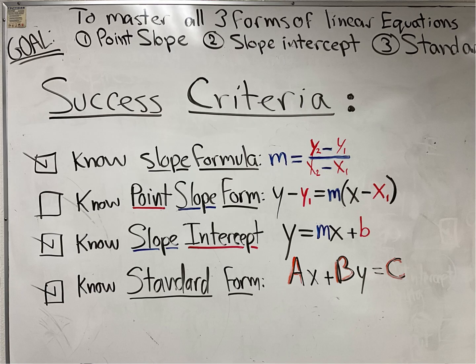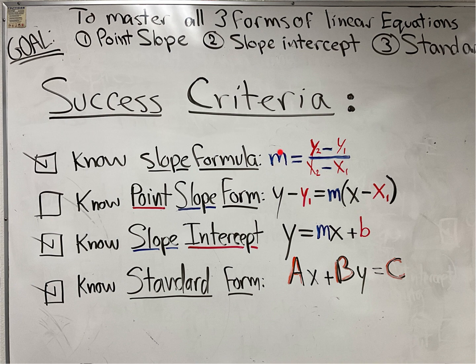On the board right here, I write my success criteria, and there's a reason why I put slope formula first and then point slope form. This is not the first one we learned. We actually learned standard form first, then slope intercept, and the very last one we learned was point slope form. So I put these out of order from the way we learned them, but I put point slope form first